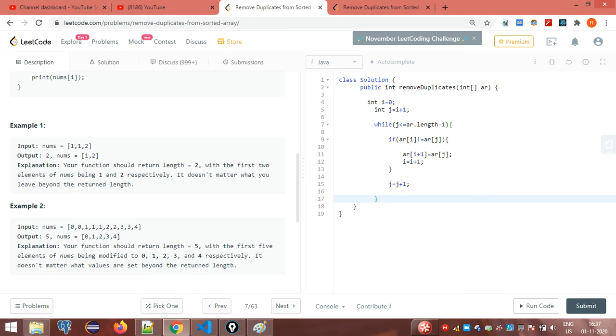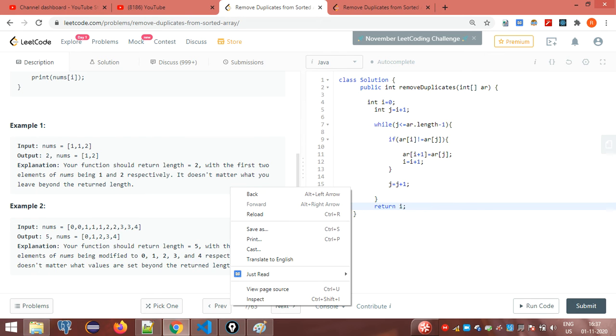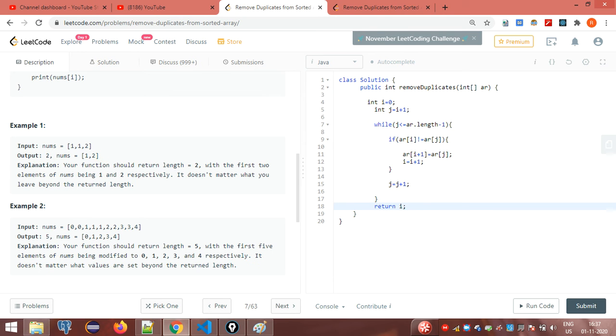Now if you can see, if length is 2, in our case the output will be, what you can see, return i. At 0th position 1 is there, at 1th index 2 is there, so the index we will be returning is 1, but the output is 2. In this case we will be returning index 4, but the output is 5. So in that case we need to do i plus 1. I can also show you like this, but this will give you wrong output.